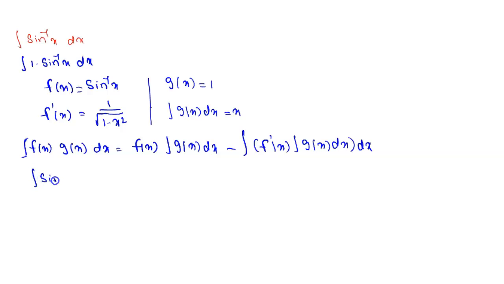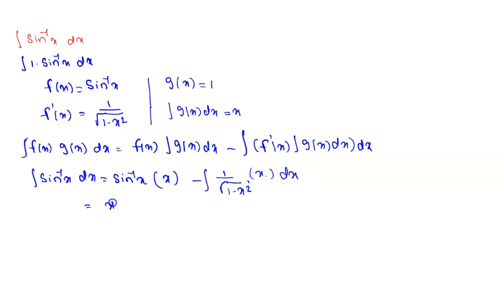Integral sine inverse x dx is equal to f of x, which is nothing but sine inverse x, into integration of g of x dx. That value I already have, which is x, minus integral derivation of sine inverse x, here 1 by root over 1 minus x square,